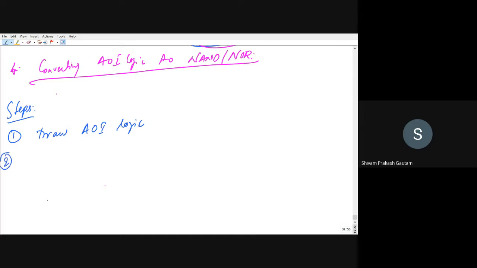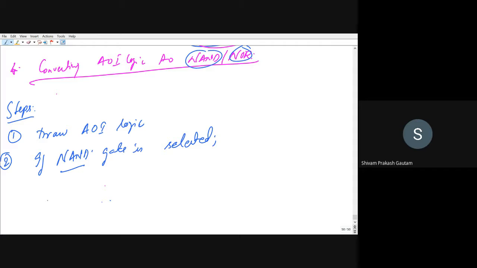Second step, if NAND gate is selected, if you have selected NAND gate to build up your logic, right? There are two gates, NAND gate and NOR gate. So the first case is we have selected NAND gate as our preferred choice.